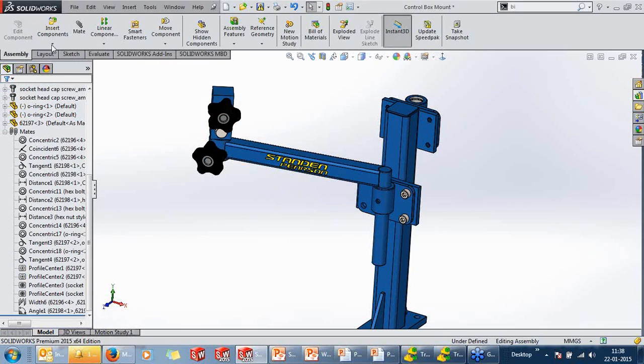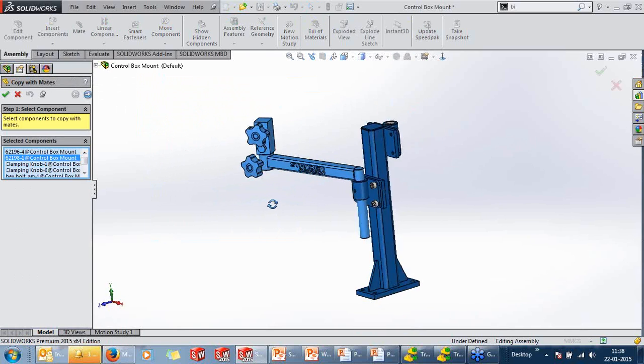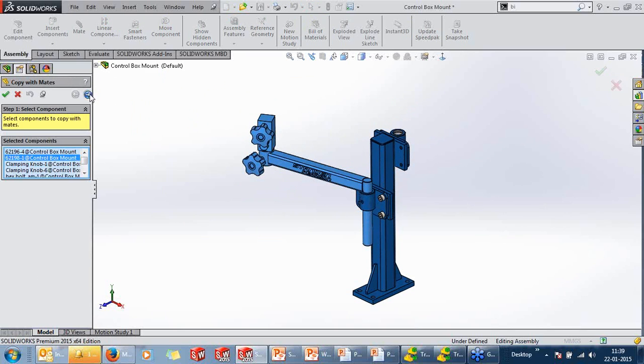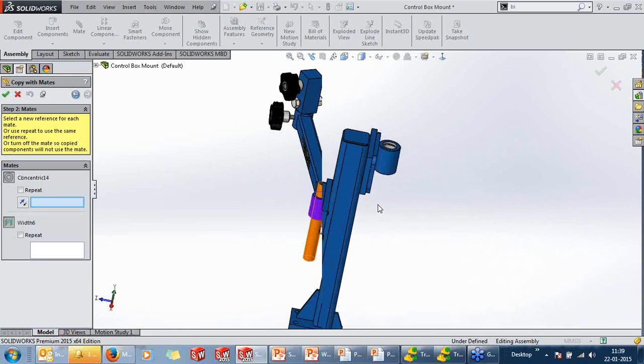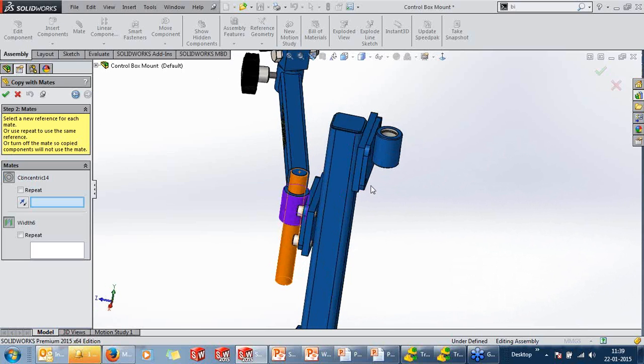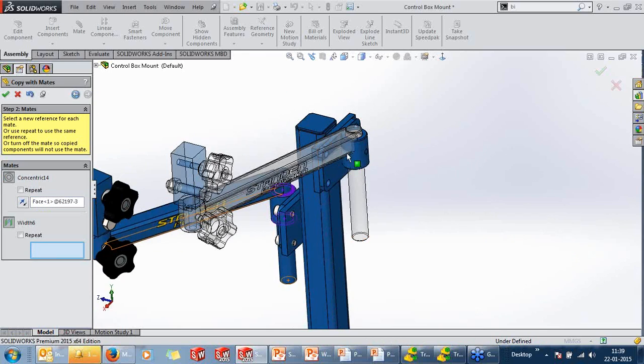There are also some new enhancements in terms of copy with mates. You can select the components to be copied. You have a better visualization of what mate was considered with it.